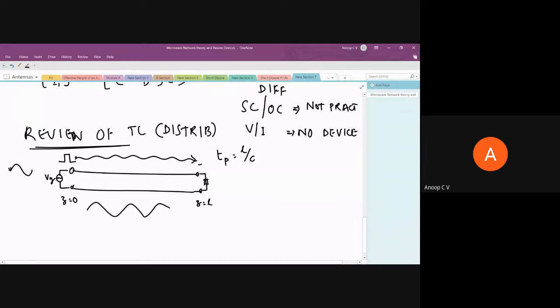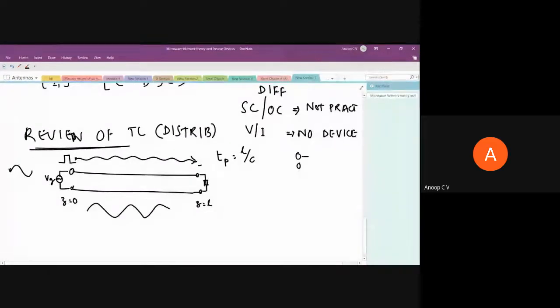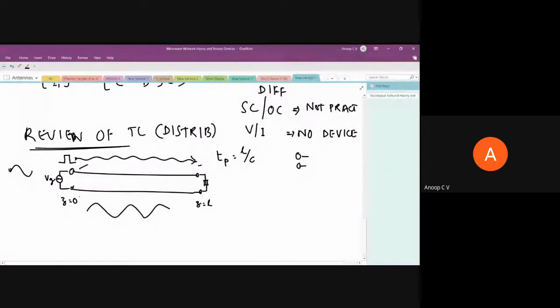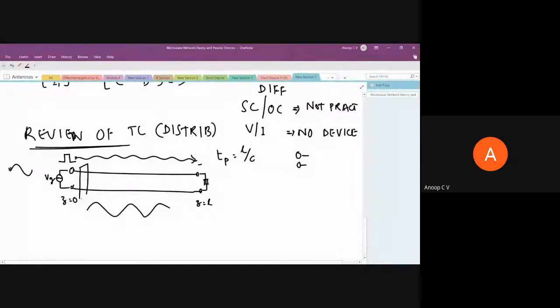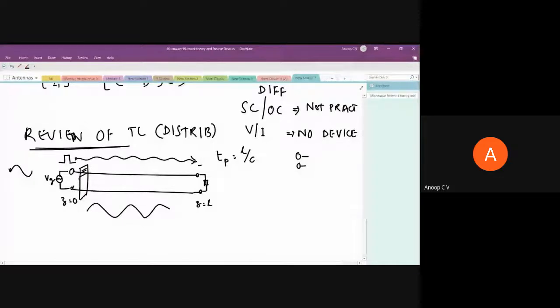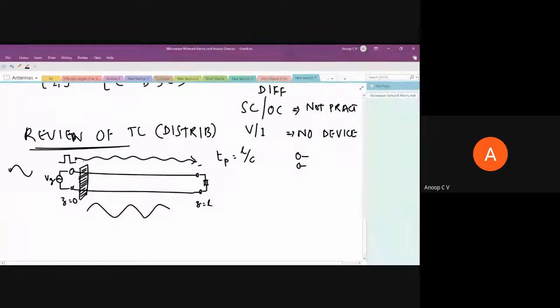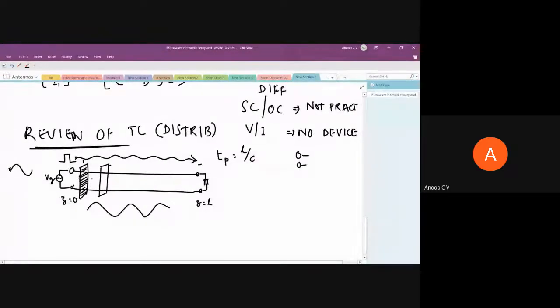I need to slightly change the definition of a port. In a lumped network, a port was a terminal, but here I can't call a port a terminal. So in a distributed network, a port is a plane which is transverse to this, perpendicular to the transmission line. So this I can call port 1. Another plane at a distance will be port 2. The reason is, if you consider a distance z,